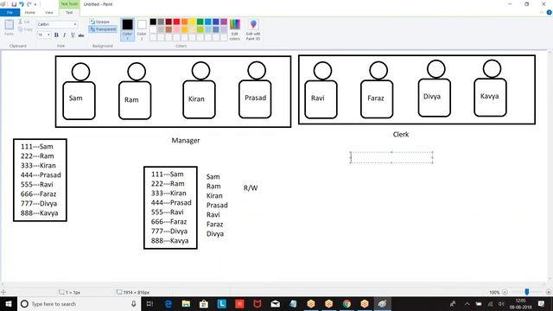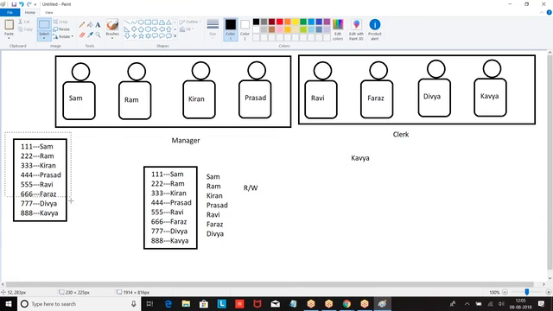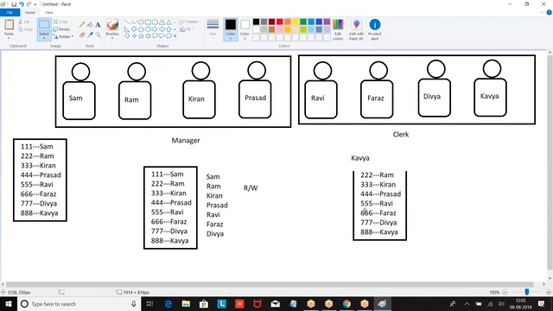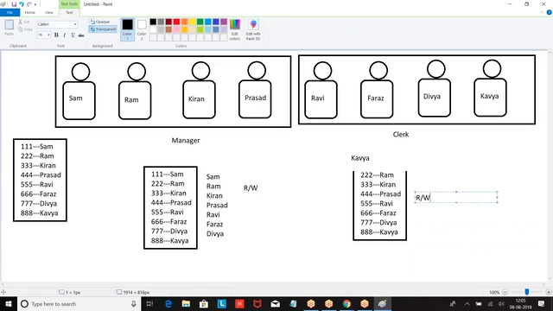But Kavya was able to see only these records with read and write permission. Then how will you achieve this?